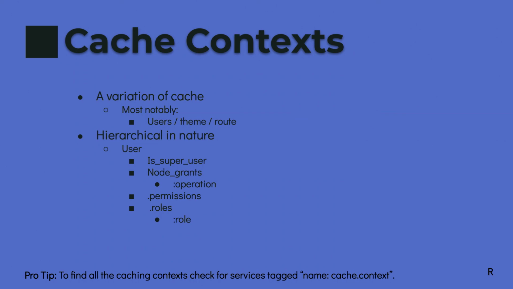One thing I'd like to add too, just before we run out of time: the best way to find out all your cache contexts is actually a little tip here at the bottom, pro tips. We hide them at the bottom. Only the pros know to look there. If you look at core services and you search for cache context, you will find all the contexts